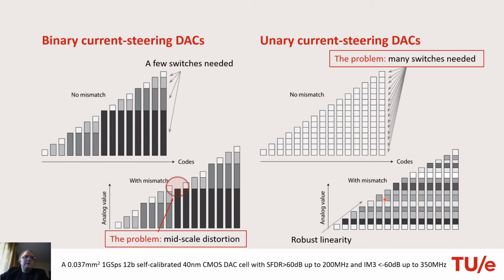And the other extreme is the unary DAC architecture. In this architecture we use the same references for all cells that are being switched, which results in the problem that many resources are used. So you have many switches, many synchronization latches, many drivers. However, the performance is very robust. Even if you have mismatches, they only remain local mismatches. So generally, the performance is much more linear. You don't have this very acute third-order distortion pattern.